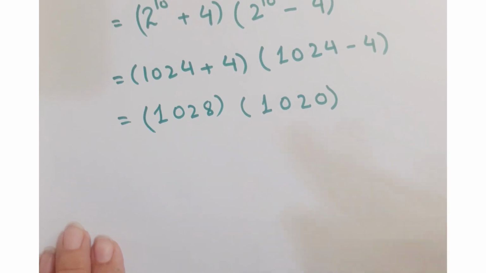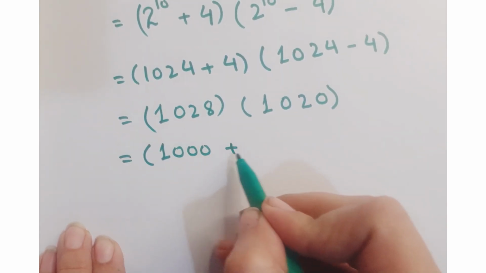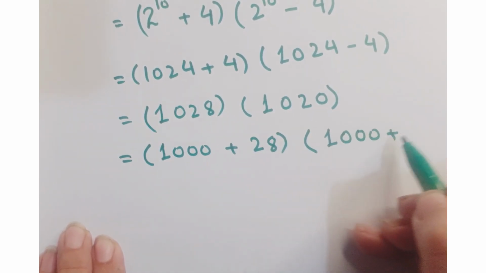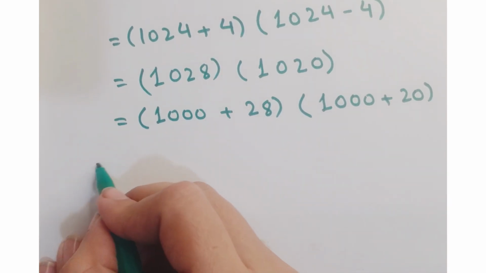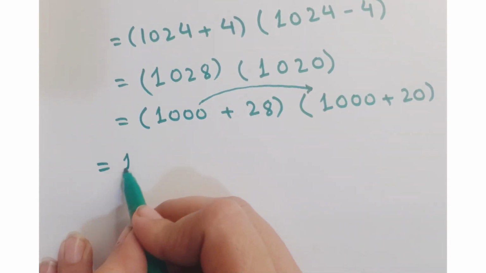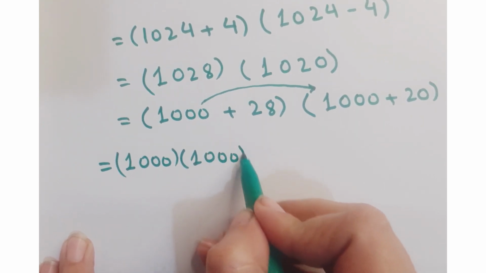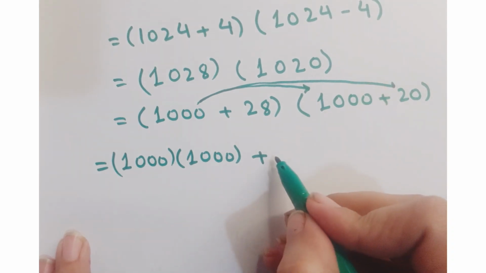Now as you know that we do not have to use the calculators, so we can just split this as 1000 plus 28 and split this value as 1000 plus 20. Now we are going to apply these two brackets by using the FOIL method. First of all, multiplying 1000 with 1000, plus again multiplying 1000 with 20,